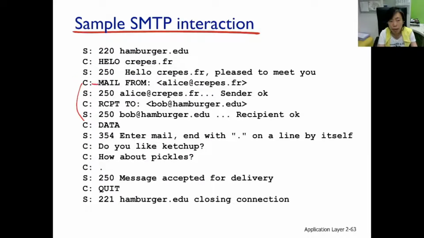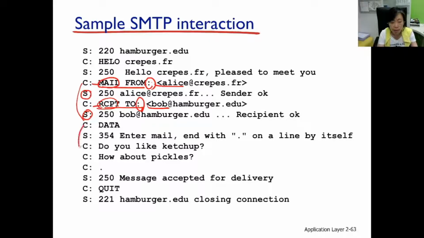The client here needs to specify who the sender is and who the recipient is. So the mail sender is Alice, and the mail recipient is Bob. All capital here, MAIL FROM. All capital here, RCPT TO. Okay, these are special commands as well, just like the HELO. Whatever comes after the colons are the sender and the recipient. So the server again is just saying, okay, good, I got it, 250.